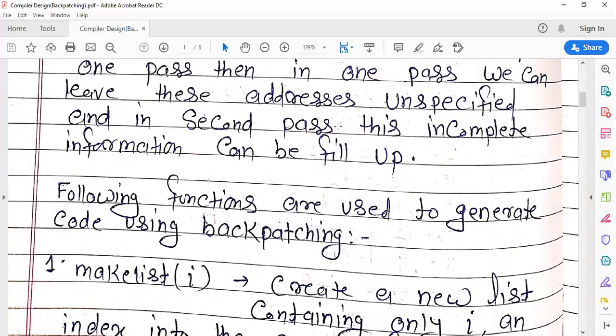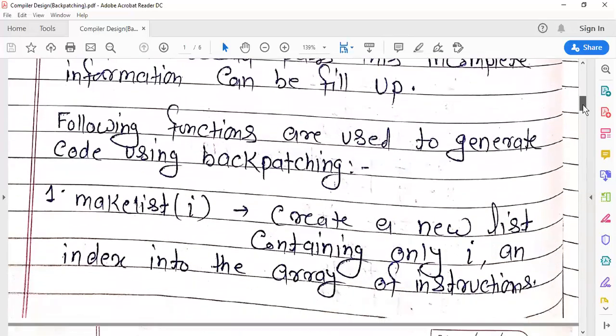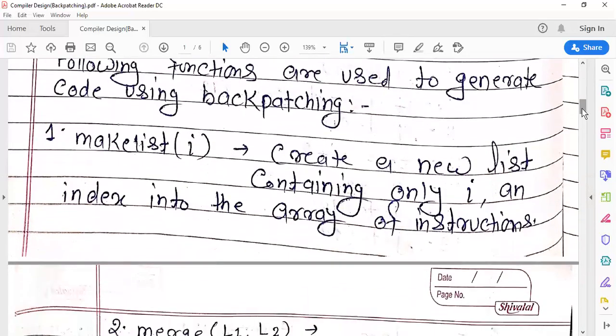In the first pass we leave the address unspecified, and in the second pass we fill up the unspecified address. To complete this process, the backpatching technique uses the following functions.